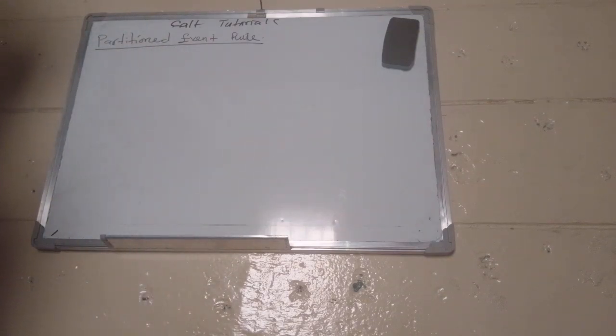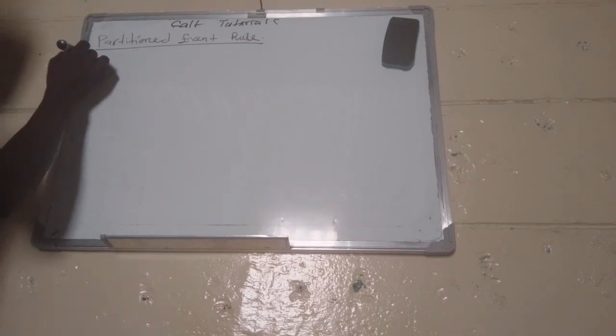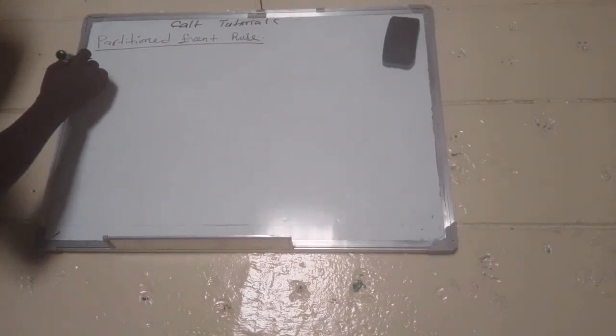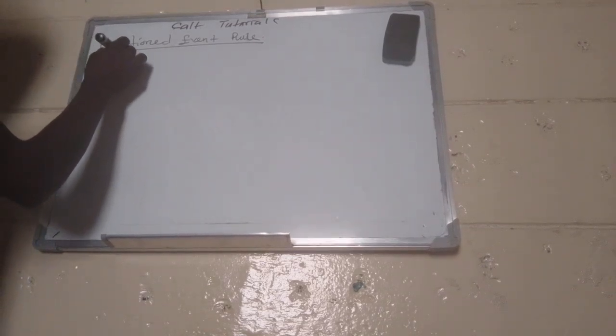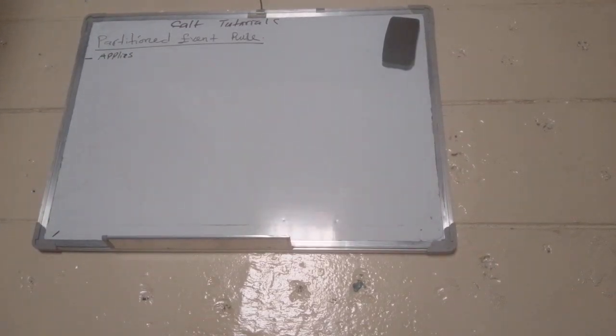So when it comes to the partitioned event rule, we're looking at a situation when A can happen through multiple mutually exclusive pathways. So we're simply saying that the partition event rule applies when